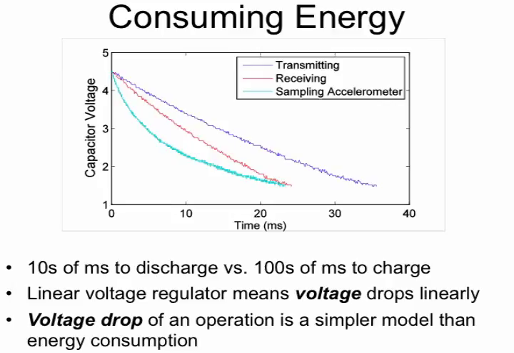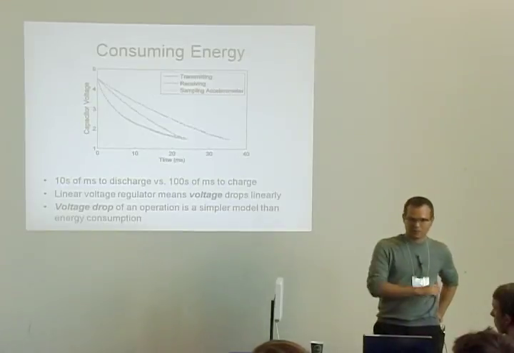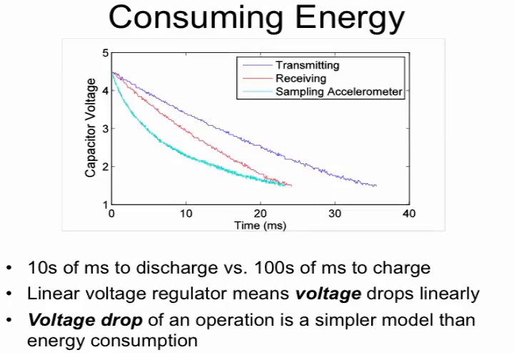The second thing is consuming energy. This plot shows when we transmit continuously, which is just backscattering dummy data, or receiving, and we plot the capacitor voltage to see how quickly it drops off. The last line is sampling the accelerometer. The first thing to notice is the x-axis. We're talking about 10